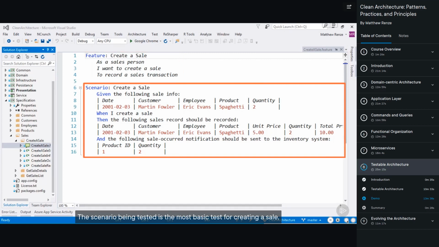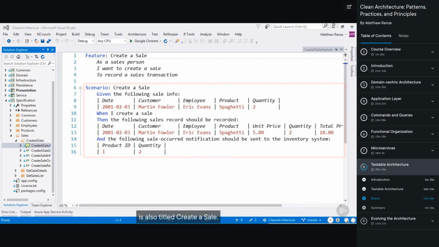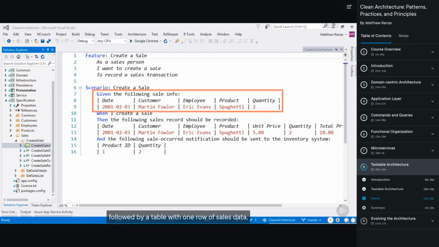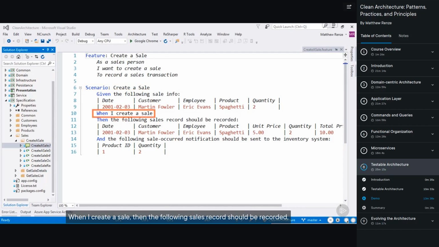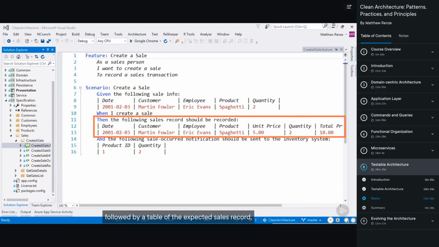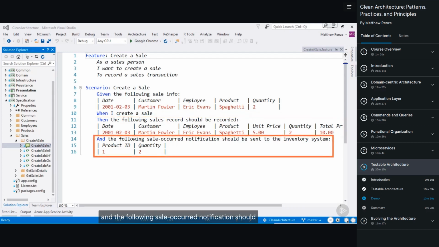The scenario being tested is the most basic test for creating a sale, which we refer to as the happy path in software testing. This happy path test, like the feature it belongs to, is also titled create a sale. The test reads, given the following sale info, followed by a table with one row of sales data, when I create a sale, then the following sales record should be recorded, followed by a table of the expected sales record. And the following sale occurred